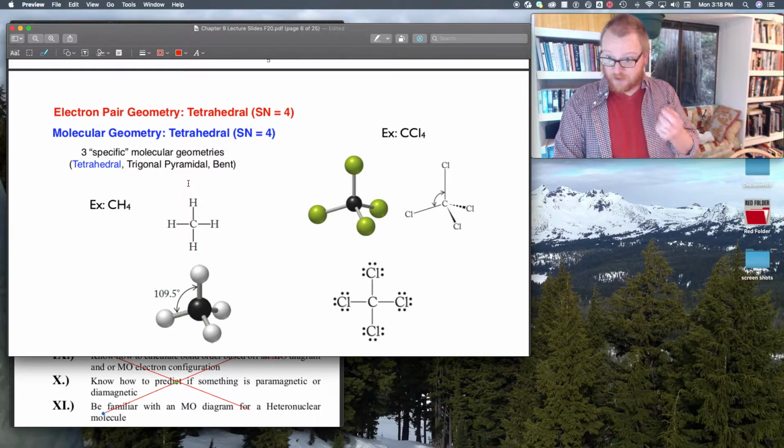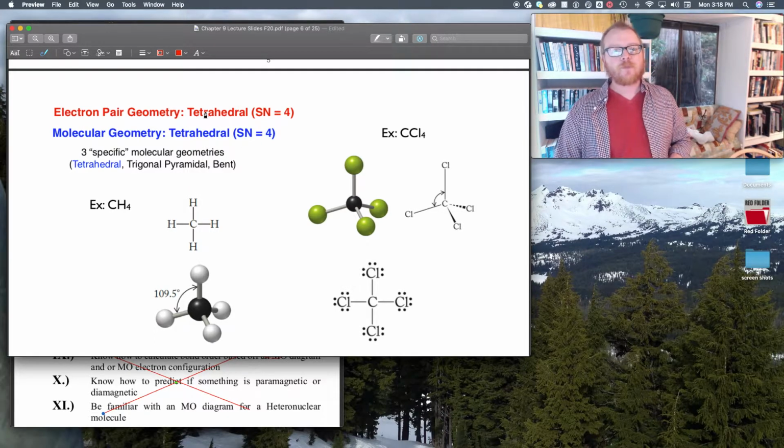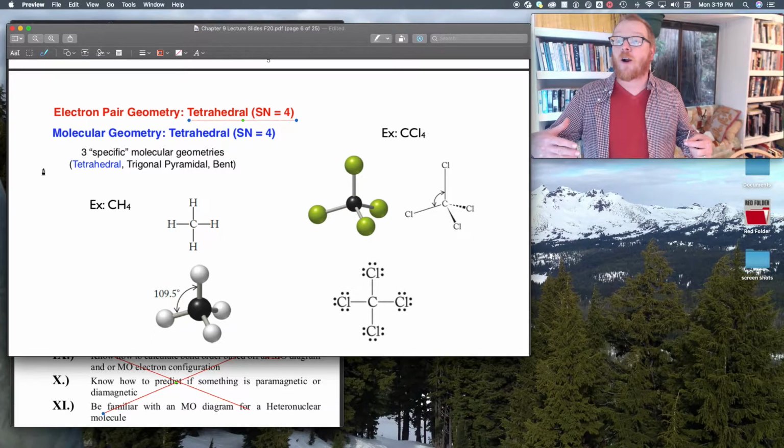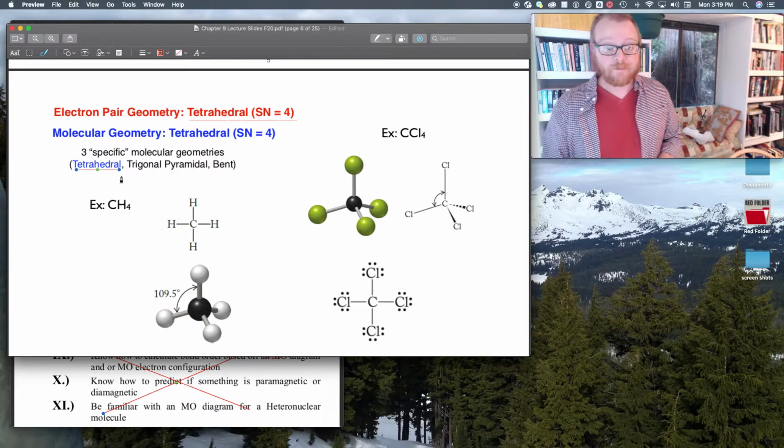So let's go through these. The first one I'm going to start with is tetrahedral. I like to think of this as maybe the album, and all of these 3 specific molecular geometries are like songs that are a part of this album. So here we've got the tetrahedral album, and we're going to talk about the hit track on the tetrahedral album, the tetrahedral shape. Okay, and the tetrahedral shape is given by, as you can see, 4 atoms bonded on the